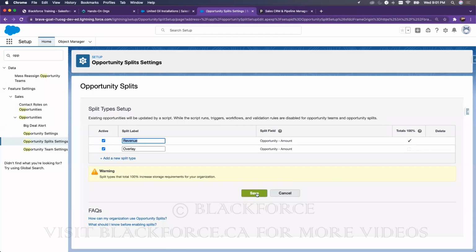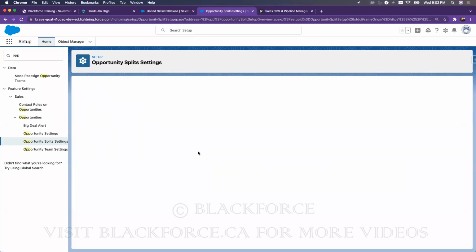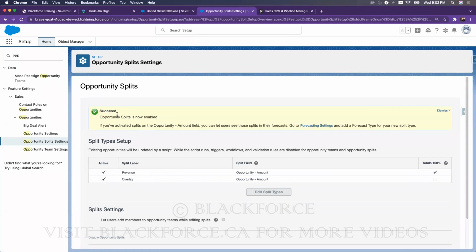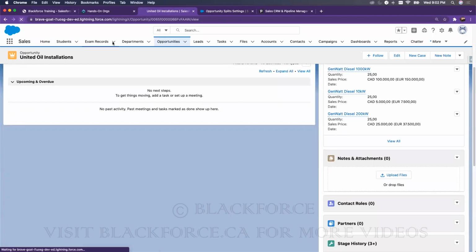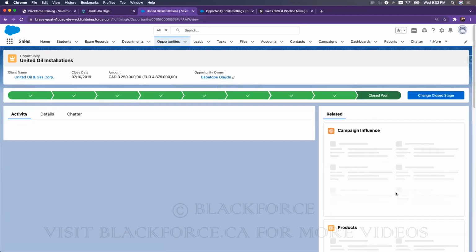okay, we have this, and we save, we enabled. Then we have the layout for that. Then after that, we want to enable this, which I think we did the last time, but let's just wait for this, and this is enabled, okay? If the selected user add members only via opportunity teams. So now it's saying that I can add members while I'm doing the split, just like what I showed you